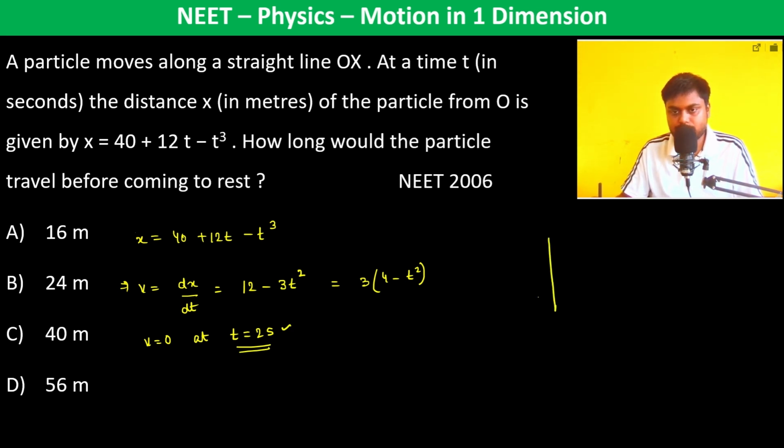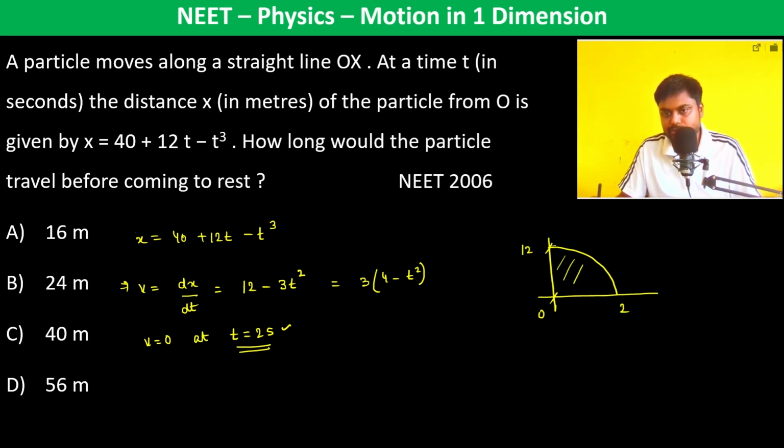Now this is the diagram of velocity. So this is 0 to 2, and of course it's 12 meter per second here. Now we can see that in the entire time from 0 to 2 seconds, velocity is positive. So that means the particle has traveled in positive x direction only. So therefore the distance and the displacement is going to be the same, because there is no reversal of displacement,